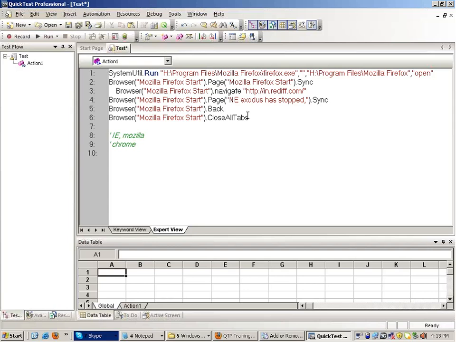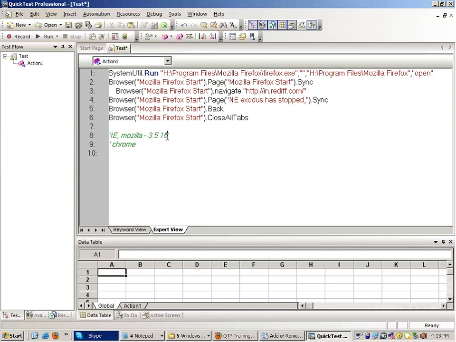Now, if you are running the script on IE, then IE 8 and 9 are both supported. In case of Mozilla, this version works perfectly fine, which is 3.5.16.